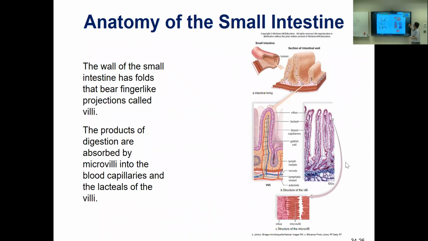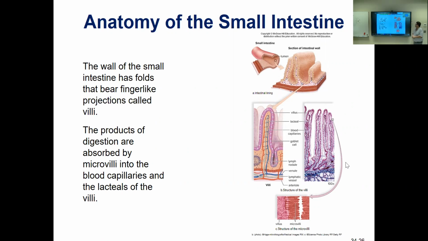Here are the folds in the small intestine. These are called villi, and here is a slice. This is a slide of it, and these are the villi. This is where we looked at simple columnar epithelium. When you blow those up, that's 100 power. This is like 20,000 power. That little purple haze edge is millions of little fingers called microvilli. And here's where we absorb our nutrients.